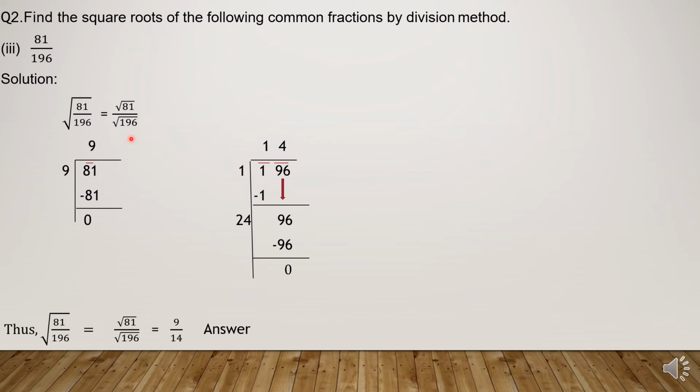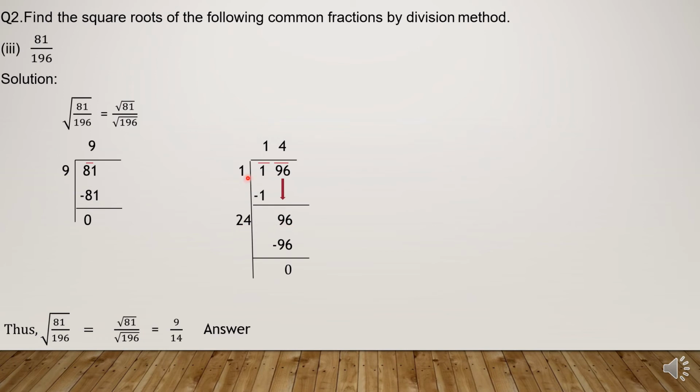So square root of 81 is what? 9. Similarly, find out square root of 196. First, putting the sign, then writing number 196, then making pair from right to left. Then what? The first pair, that is 1. Here we will guess a divisor so that it will multiply with itself and we get a number that is smaller or equal to your first pair. 1 ones are 1. 1 minus 1 nothing, 0, so there is no need to write. The next pair will come down, that is 96.